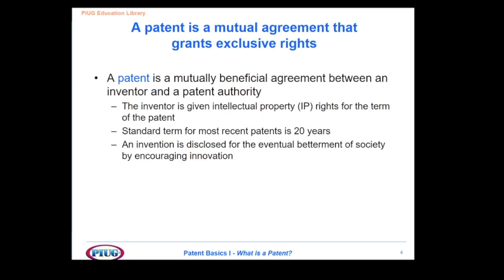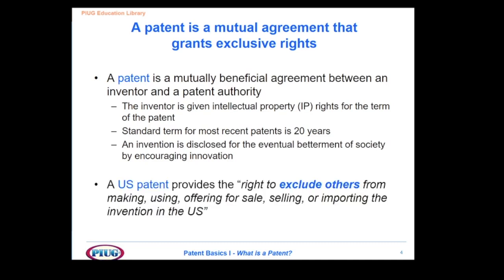When a patent expires, it is open to the public and can be used without risk of infringement. By agreeing to disclose an invention, the inventor receives the right to exclude others from practicing the invention without permission. In the United States, the first patent law was enacted in 1790. Quoting from the section of U.S. law granting the right of patent grants, Title 35 U.S.C., a patent provides the right to exclude others from making, using, offering for sale, or selling the invention in the United States or importing the invention into the United States.